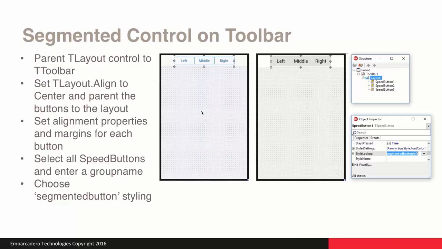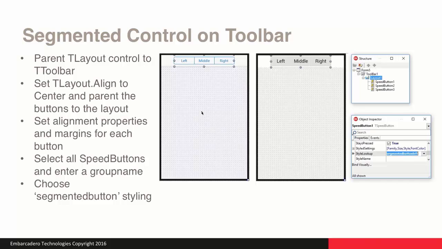Now, when it comes to creating a segmented control, if you're using a segmented control on the toolbar, you first parent a TLayout to the toolbar control, and then set TLayout.Align to center and parent the buttons to the layout. Then you can select the alignment for the first button to left, the second to center, and the last one to right. When you're creating a segmented control, you need to shift-select all the buttons that you want to have part of that segmented control, and then set a group name. It should be the same group name for all of them to indicate that they're part of the segmented control group. And then you can select each of the individual buttons and select the segmented button styling